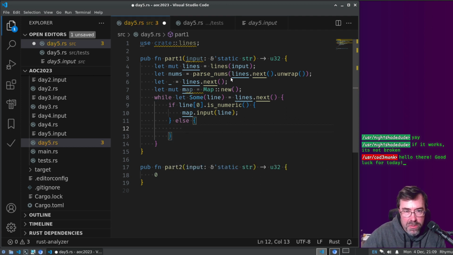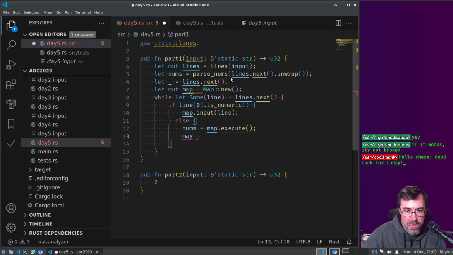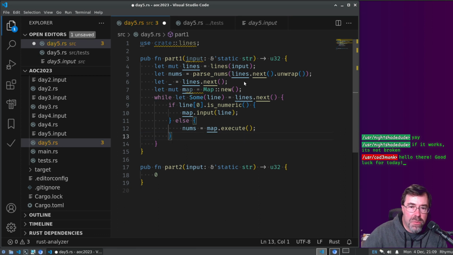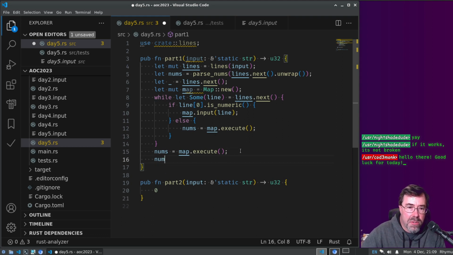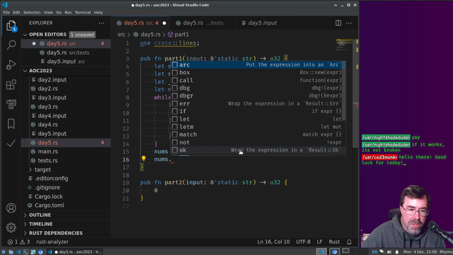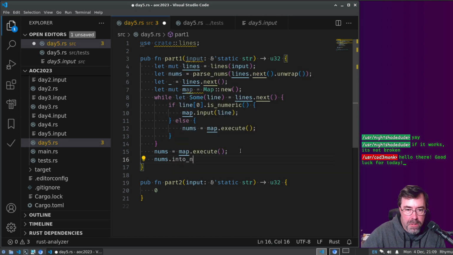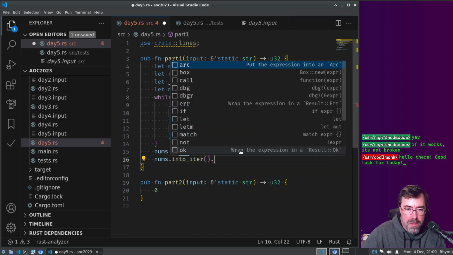Or we can just do it this way: nums equal map dot execute. And then map, we can just have execute reset it back to the end. And then when we get to the end here, we'll want to execute again. And then we're going to return nums dot into iter, the minimum.